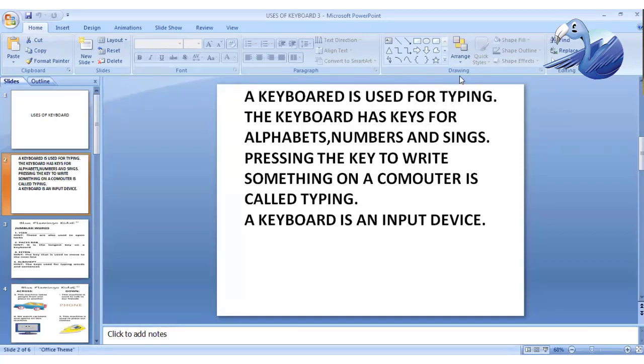Suppose I want to write, I am Sumaya Shireen. First I have to write everything on a keyboard, then only I will be able to see it on my screen.